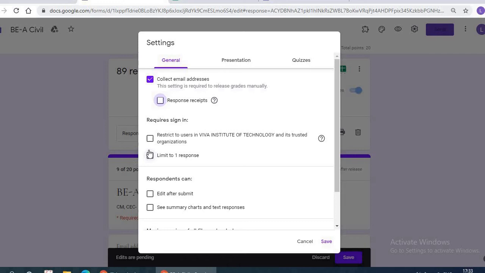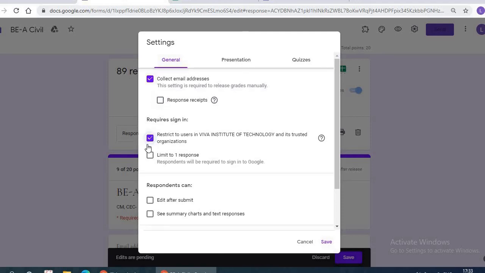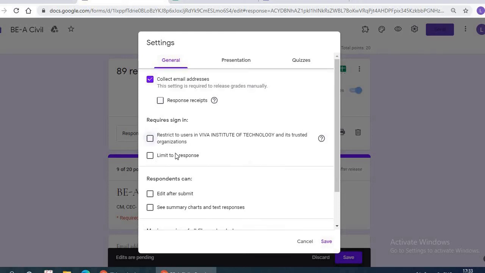Otherwise leave it open. Now restrict the users. If the student is able to do it only through Viva ID, you can tick here. And any Gmail account, if they can access it, then you have to leave this open. Otherwise, those who have only this ID can access your form.